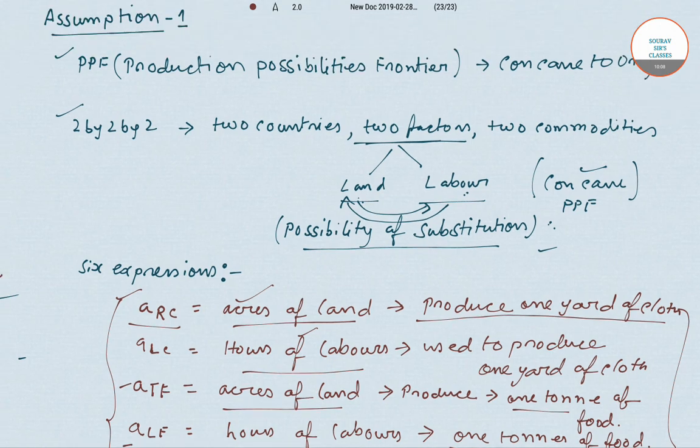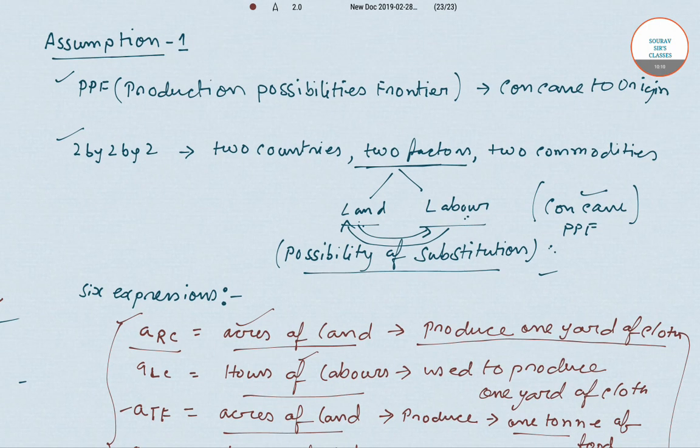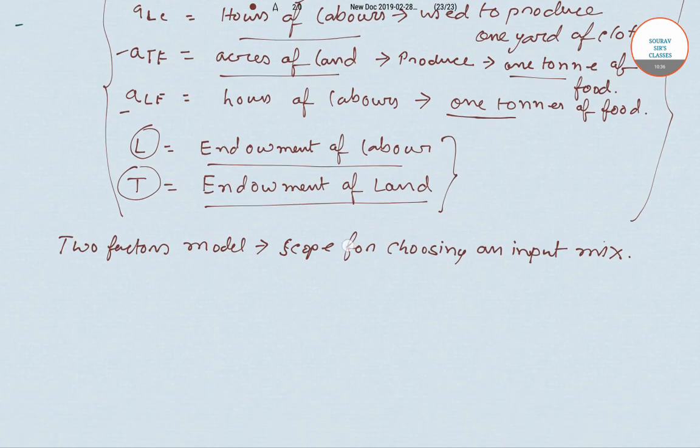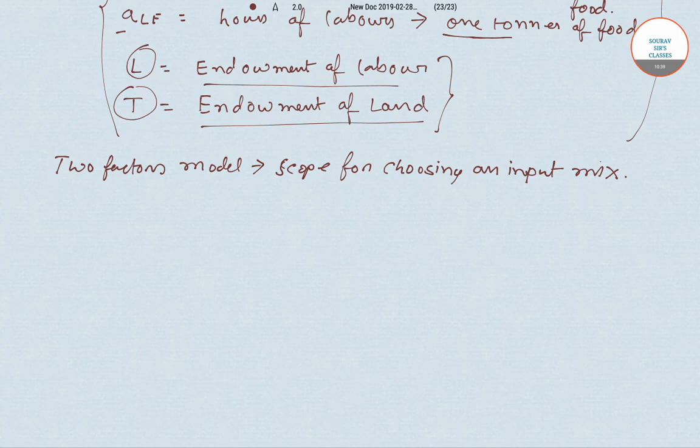So this was the first assumption, that the production possibility frontier is concave to the origin. So now what I'll do is I'll simply write down the resource constraint. Resource constraints are given, will be looking like